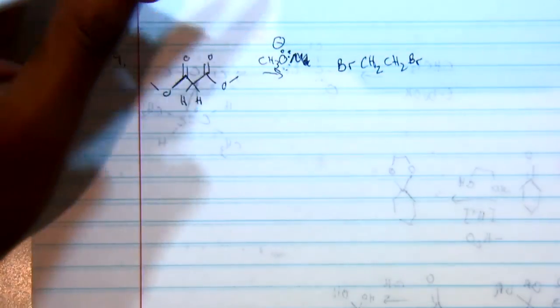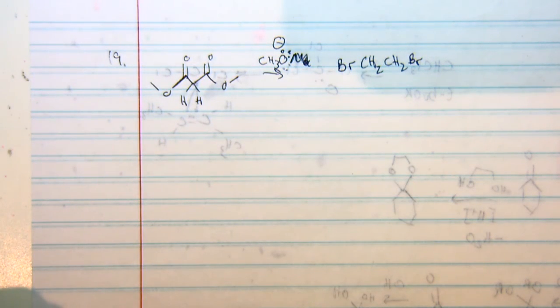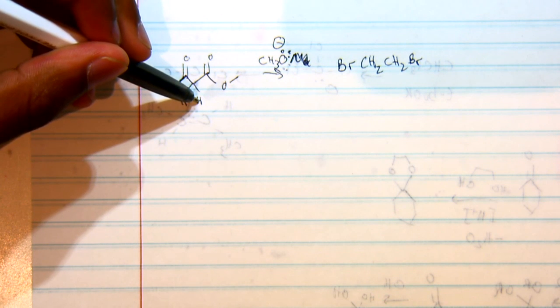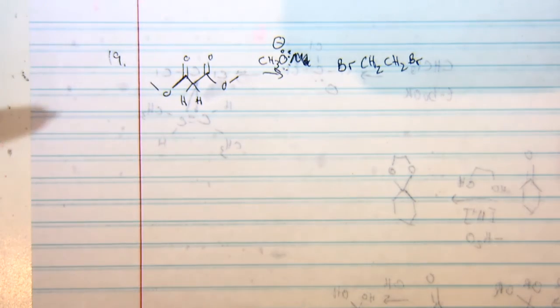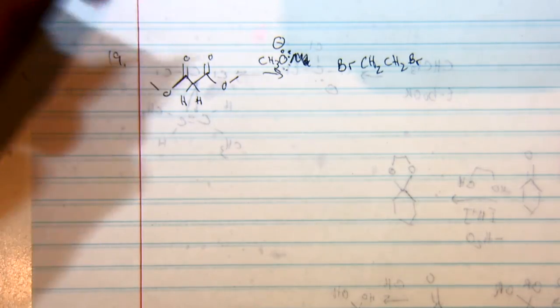So it's going to add on to one side, and you have another CH3, basically another base, so it's going to take off the other proton. Does that kind of make sense with you guys? So now it's just going to add on to the other side of your CH2, Br. So if I were to draw that,